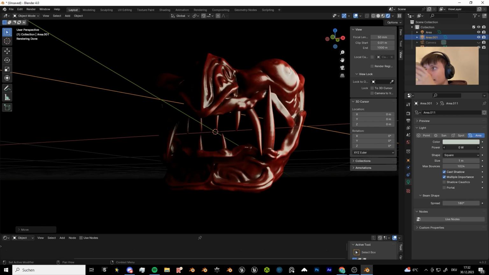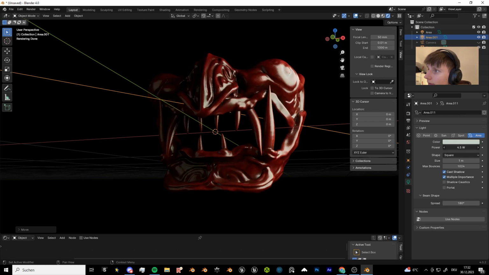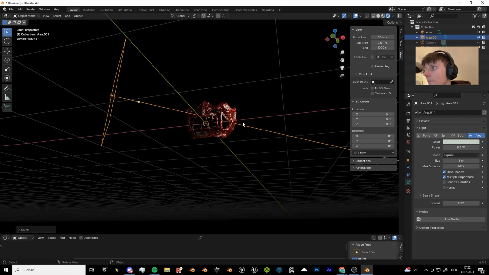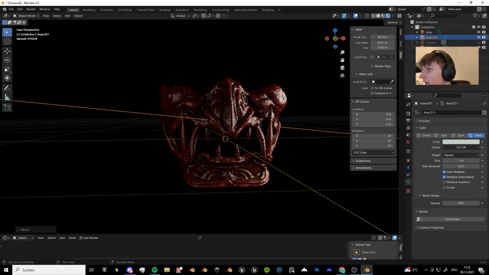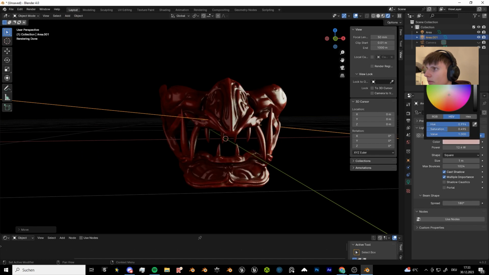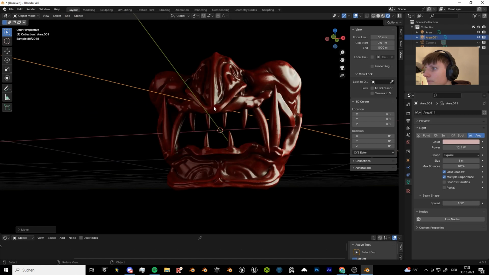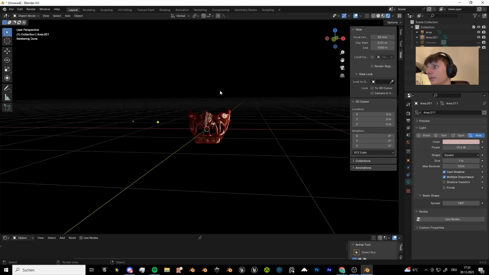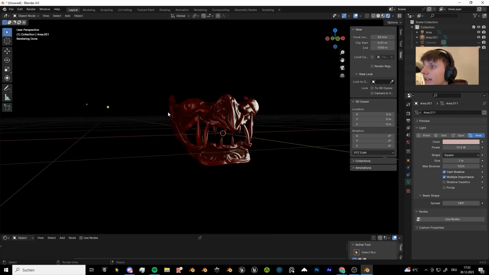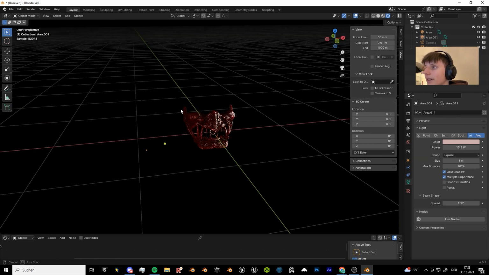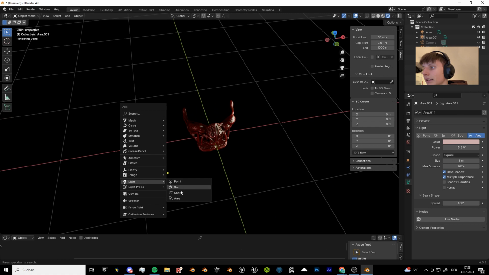Like this, you see nothing. But this way we still see what we want to see, or need to see rather. And I can also play around with the color here, so it doesn't look so weirdly washed out. So I will make it a little more red to match the object, and then maybe increase it a little more. That's already way better. And then we can again, to emphasize the shape back here, just add a last light,